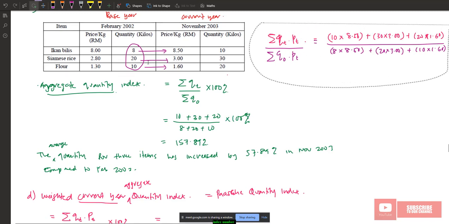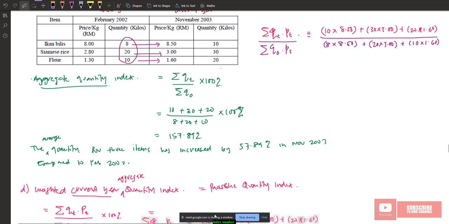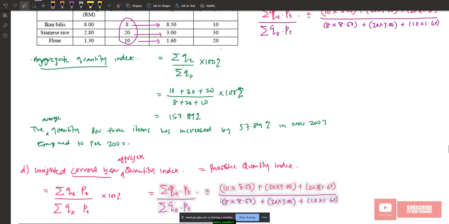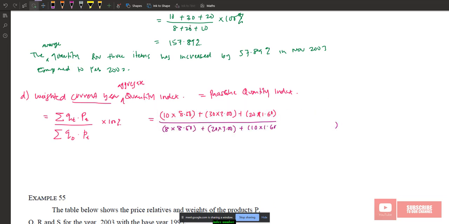Right? Multiply with 100%. So this is the formula for weighted current year aggregate quantity index. So this one should lead us to